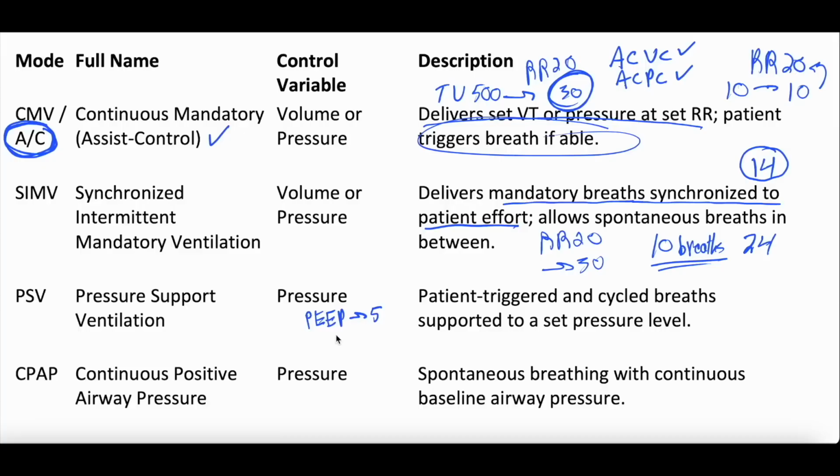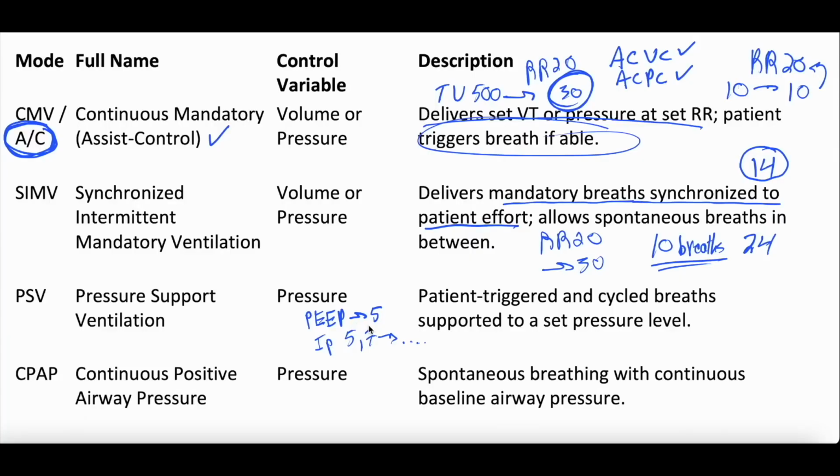But you also will have a set inspiratory pressure. And it's usually 5 above the PEEP, or you can use 7. You can set it to whatever you want to. And this is a little extra inspiratory pressure the ventilator will give when the patient takes a breath. And the thought here is that it's just enough pressure to help get past the airway resistance of the endotracheal